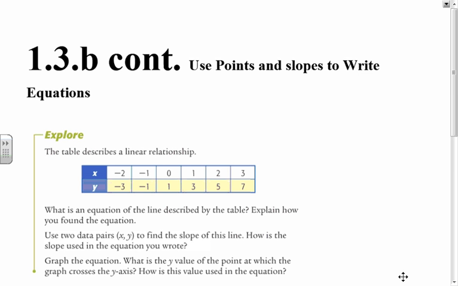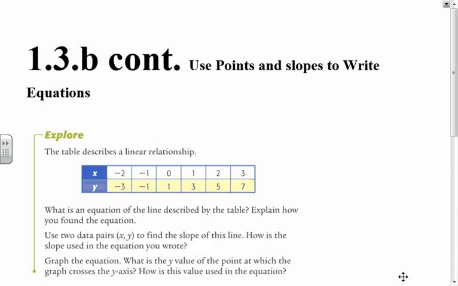Hey students, this is lesson 1-3B continued. So this is the second part. In this part, we're going to learn more specifically how to write those slope-intercept equations given 1 point and the slope or 2 points. Let's just kind of get into this by reviewing equations a little bit, looking at this